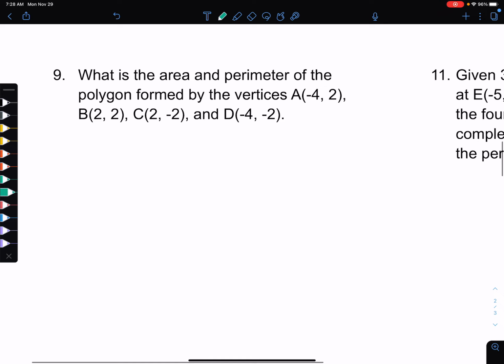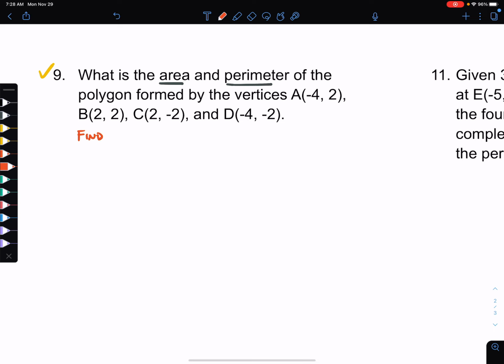Okay. Number 9, what is the area and perimeter of the polygon formed by these vertices? Okay, so I'll do this maybe without sketching, and then I'll show you the sketching if this algebra is a little confusing. So for area and perimeter, we need to find